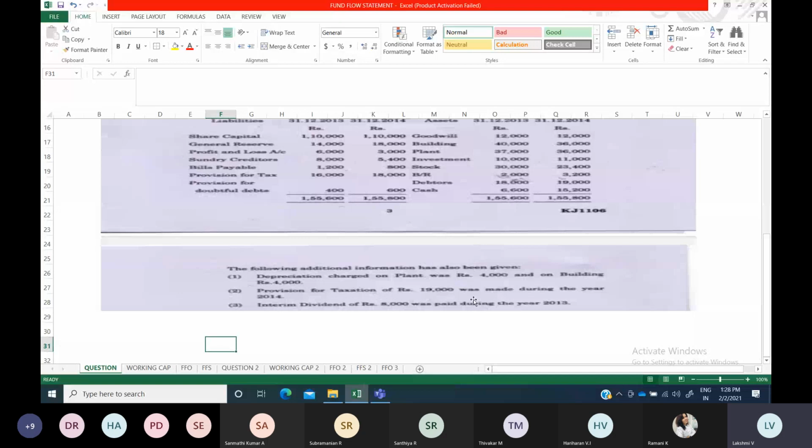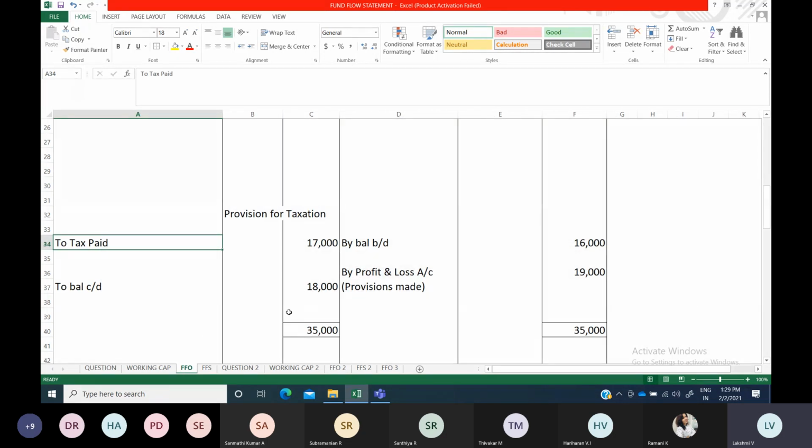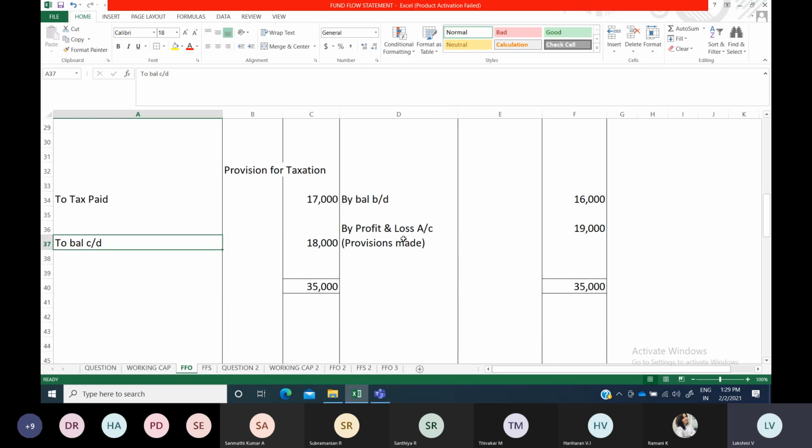Either created, made during the year, or tax paid during the year. Any one of the information will be given to you, so you have to prepare it in this account format. So how usually you have a debit side, credit side, particulars, amount, everything. If you go to a separate page, better to write all these: format, amount, rupees, everything. Opening balance on the credit side, closing balance on the debit side, and then on the debit side tax paid and on the credit side provisions, if any, made or created.